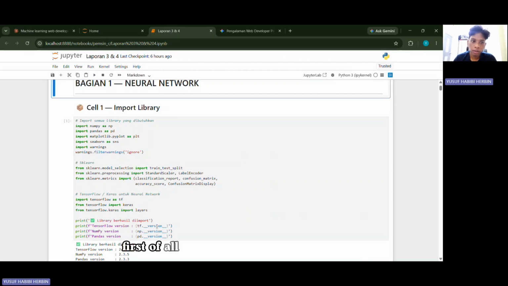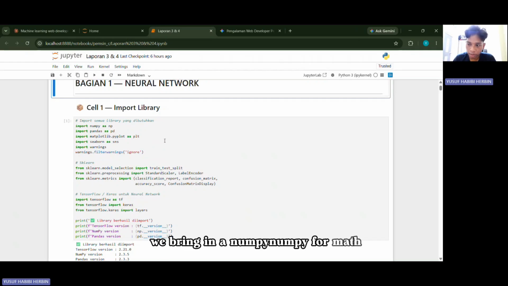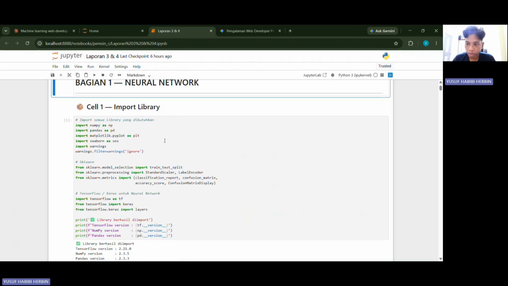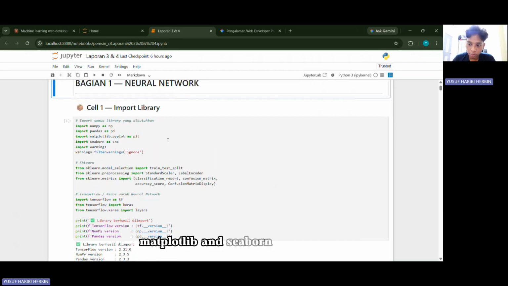First of all, we import libraries. Think of libraries like toolboxes. We bring in NumPy for math and arrays, pandas for reading and handling tables of data, Matplotlib and Seaborn for making charts, and Scikit-learn for machine learning tools like splitting data and checking results.